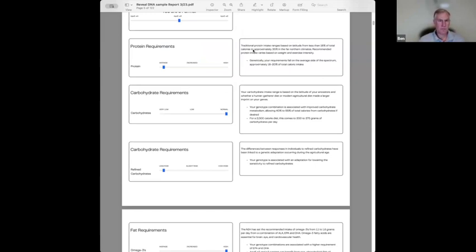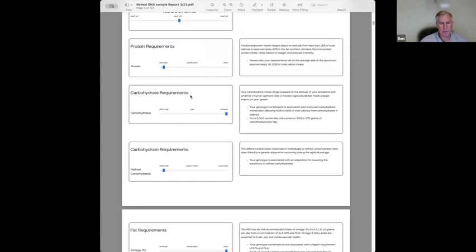First, we're going to start, as we can see here, with your protein requirements. We just mentioned that. And these are going to be all over the place. You're going to see multiple different combinations of these. And then if the need for protein is higher, increased or high, it is going to give you very specifically what you're going to need there. Next is your